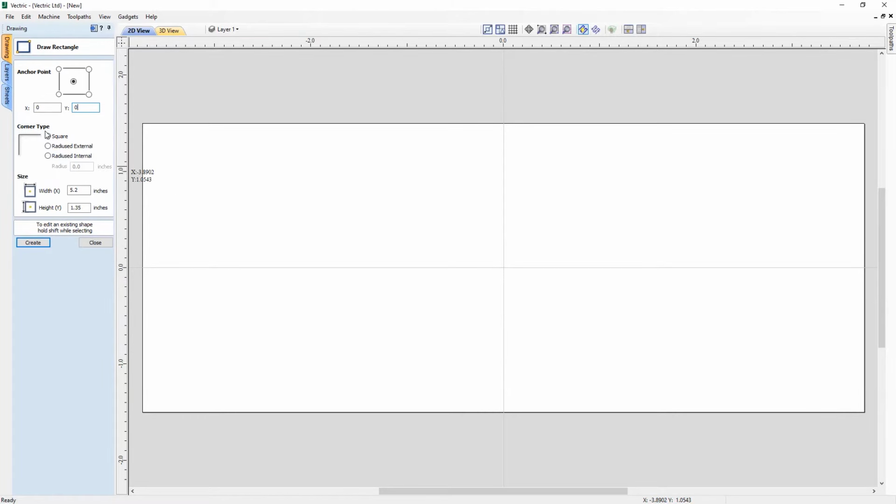Then we can specify the corner type, so we can choose square corners, radius external corners, or radius internal corners. And you can see the graphic updates there to give you a good idea of what type of corner you'll be creating. I like this corner, so let's go for the radius external corner. And we're going to set a radius here of